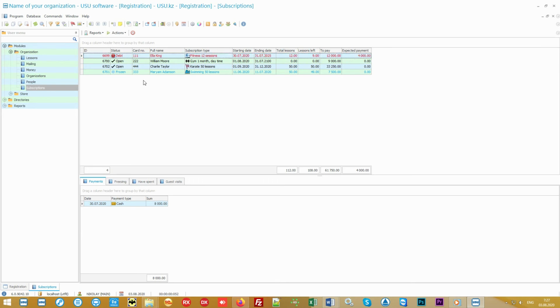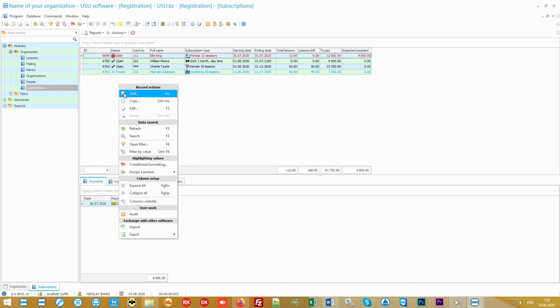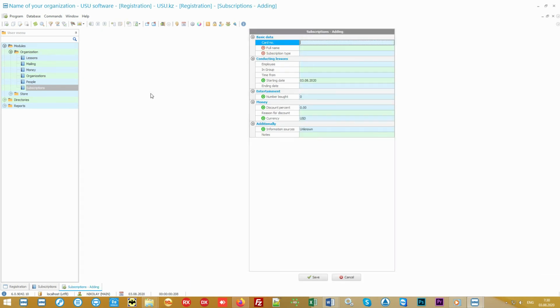Depending on the status, the subscription can be highlighted in different colors when it is opened, closed, frozen, or not fully paid for. To add a new subscription, click on the Add command from the context menu called with the right mouse button.